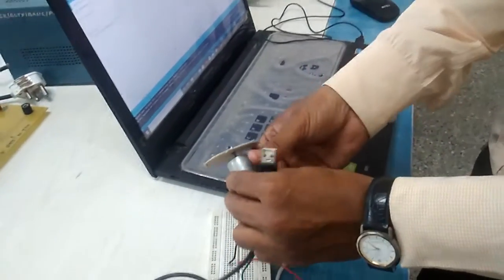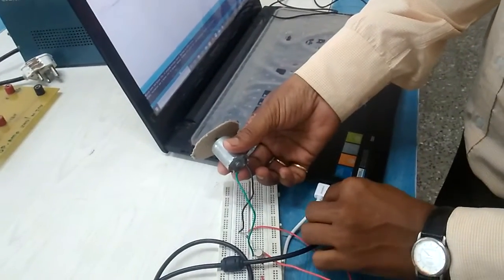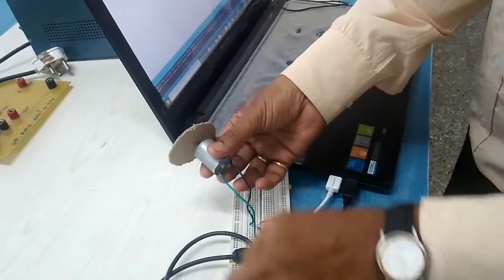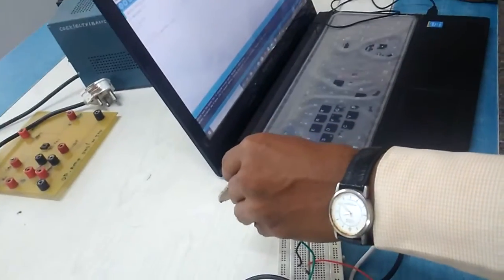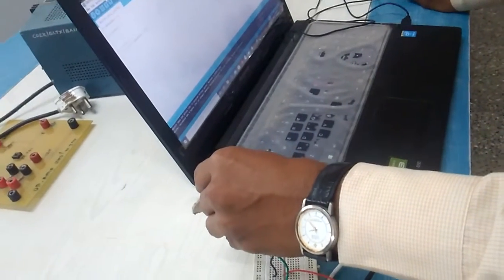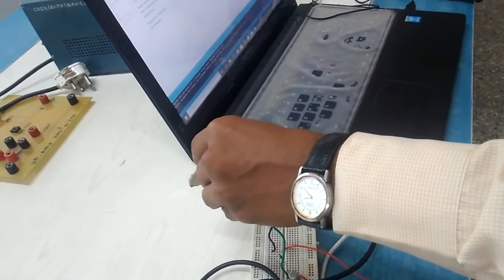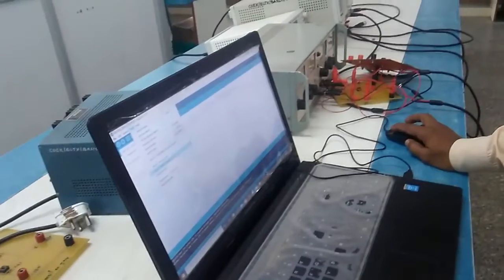Now just plug in for downloading. For downloading purposes, you need to first of all go to tools, then check for the board.